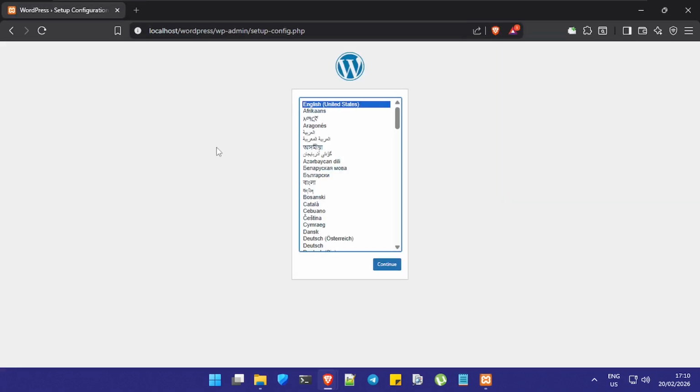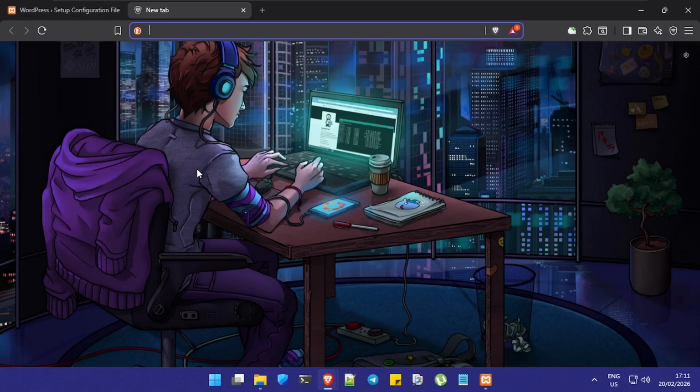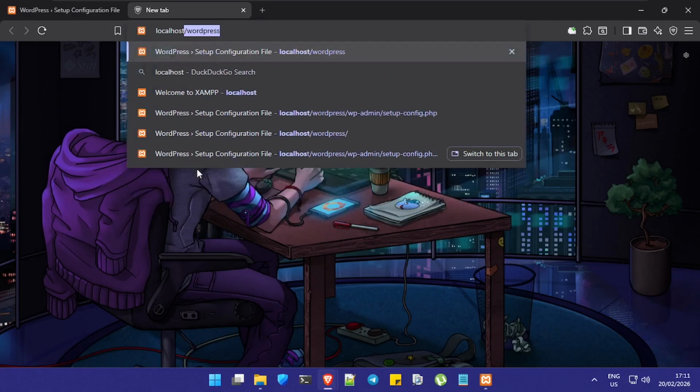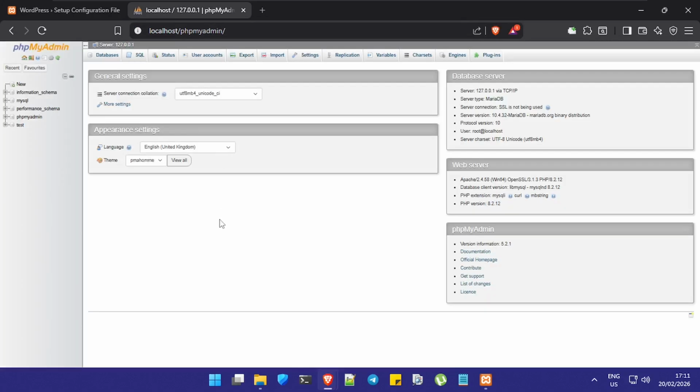Now, as you can see, we successfully configured our WordPress theme. Now you can just follow along with me. We select the English language. Also, we need to create a database and give the information here. So for that, you can go again to localhost/phpMyAdmin, and from here you click on the new icon